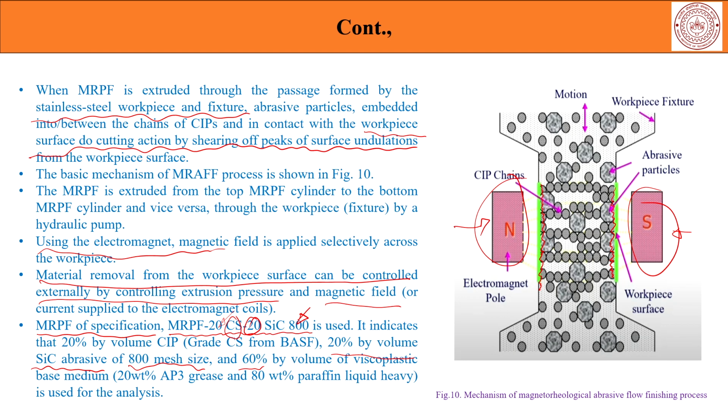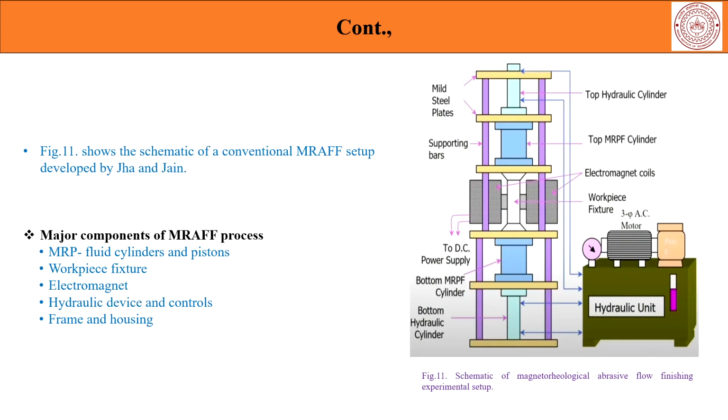So the remaining 60% is the viscoplastic medium, the base medium, which is 20% loaded AP3 grease and 88% loaded paraffin liquid, which creates a sort of blended fluid for the medium to carry or suspend all this in different percentages as mentioned. So this is how you specify MR fluids,